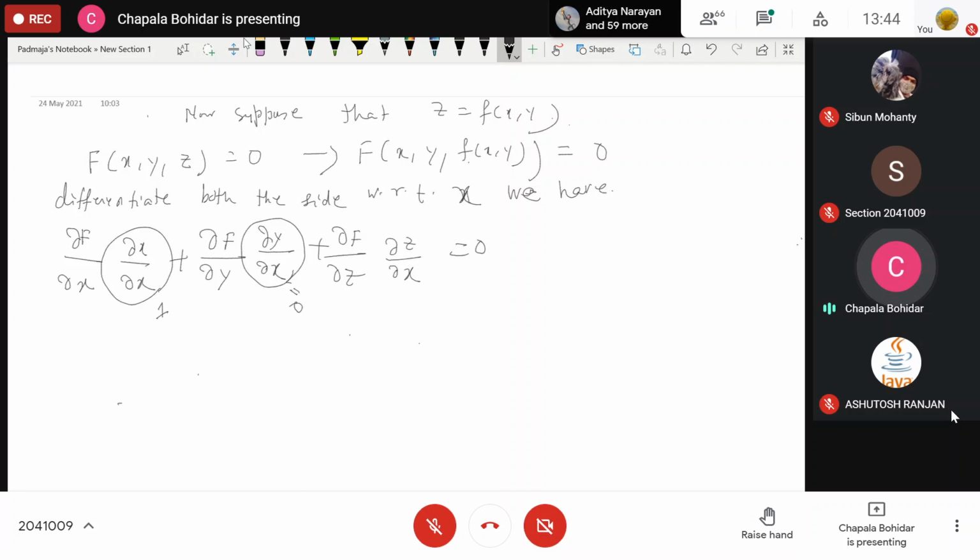This value equal to 0 or not? And here del z by del x. Though z is the function of x, y, you can write it is del z by del x as it is. So what you get here, this implies del f by del x, it is 1 plus it is 0